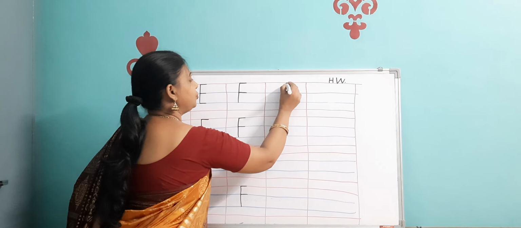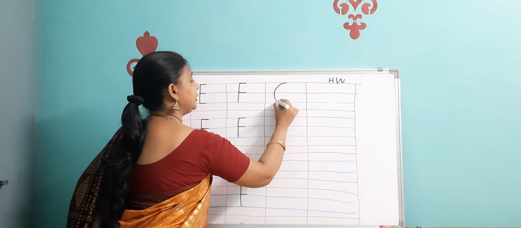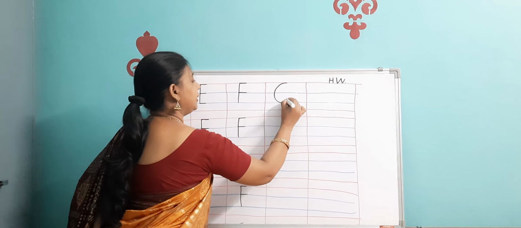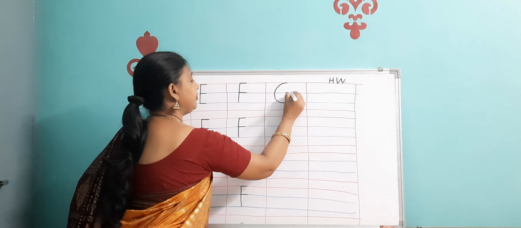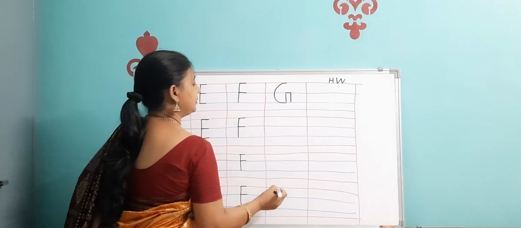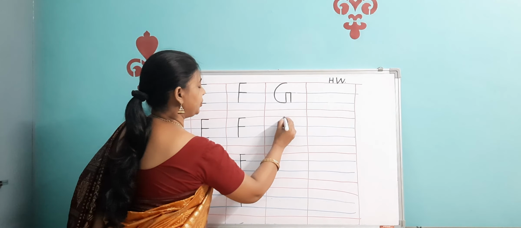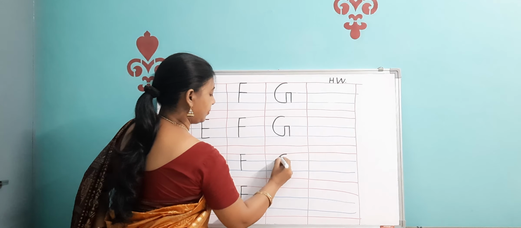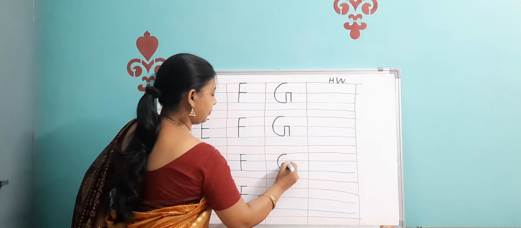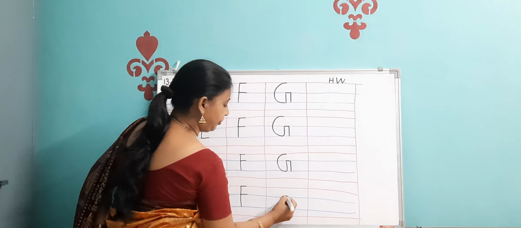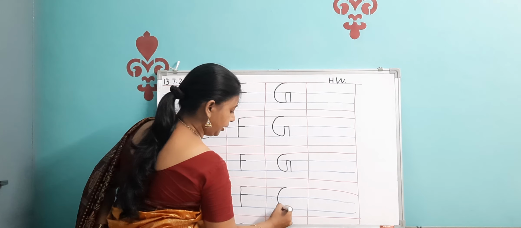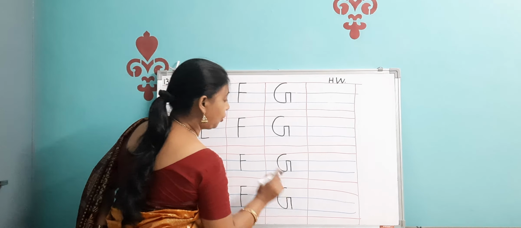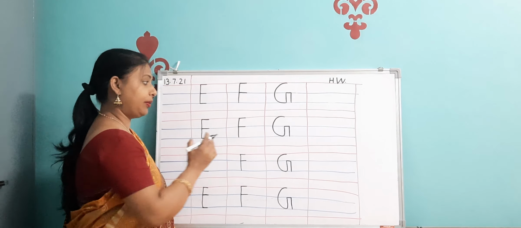After F, I have just now taught you G and H. So how do you write G? Make a semicircle, then a standing line, go up, a sleeping line, and then come down. Standing line. Okay, so this has become G. This is which alphabet? This is alphabet G. Okay, this is the way you are going to write. You see, I am writing without lifting up my pencil or my hand.